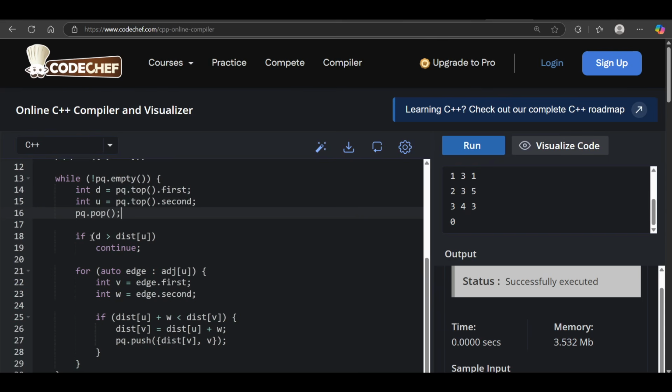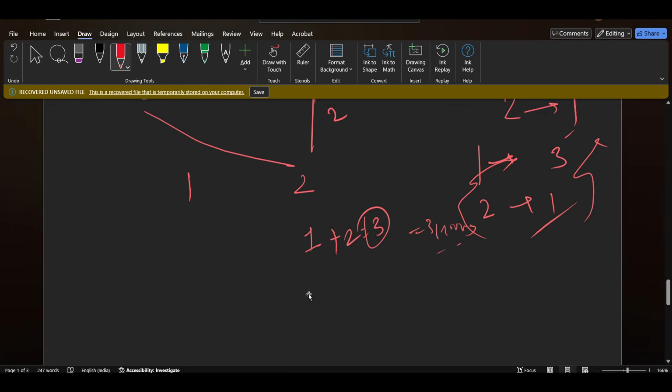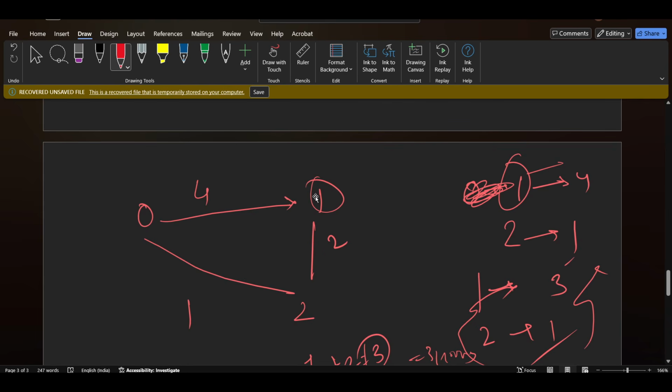Okay, then we check. Suppose at one point there can be multiple ways to reach the same point. That's what we have discussed, right? Because recently we discussed that from 0 to 1 we have already reached, but there are multiple ways to reach 1.